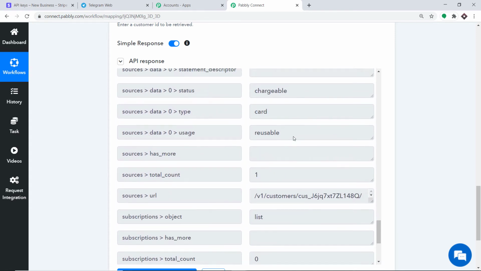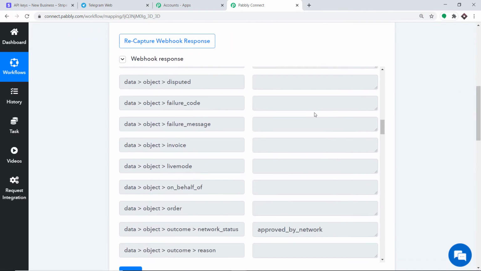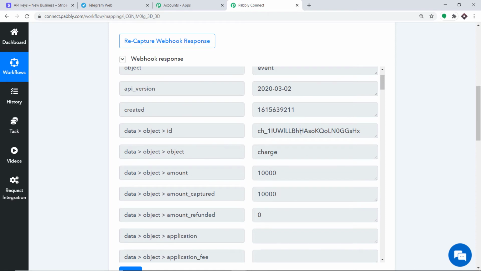Now before we send the message on Telegram, there is something you should know. So as you can see, let me just show you once again. So this is the information regarding the charge amount. As you may remember, this was $100. But at this point here it is showing it as $10,000. This is because the decimal has been removed. So basically we have to correct it.